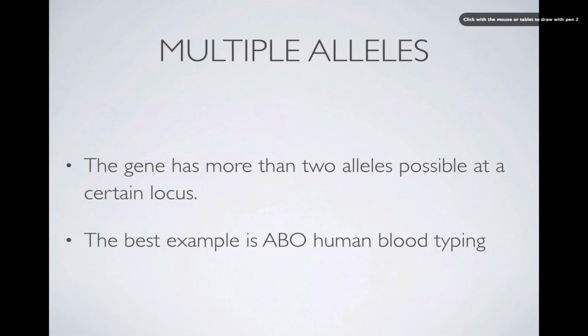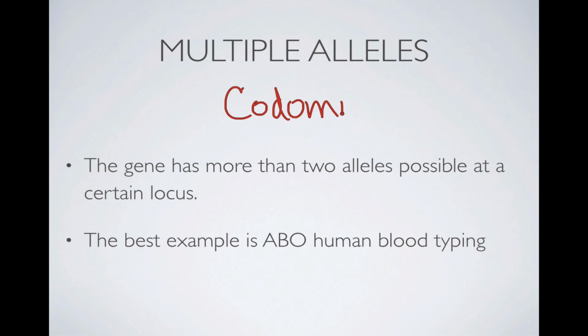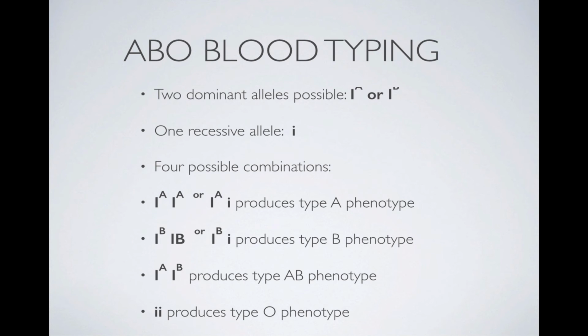Another name for multiple alleles is codominance. Okay, for this class, we're going to kind of make them the same thing. So codominance is pretty much what we see in something that produces the blood types that humans have. It's called the ABO blood typing system. All right, so in the ABO blood typing system, I don't know why that's cut off up here, but here